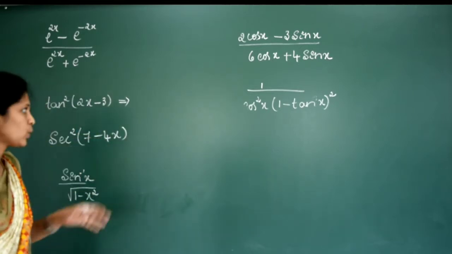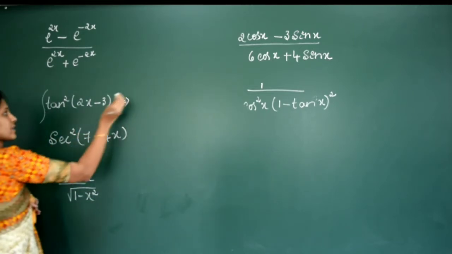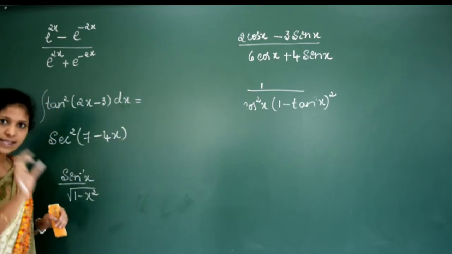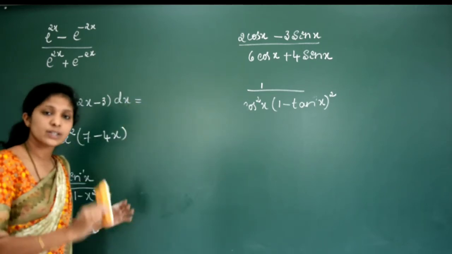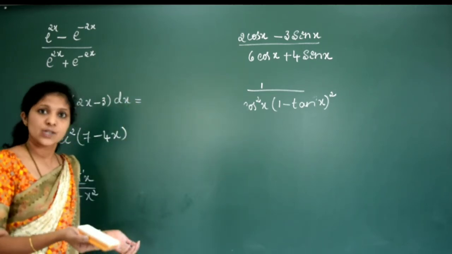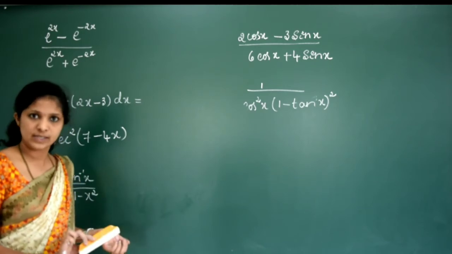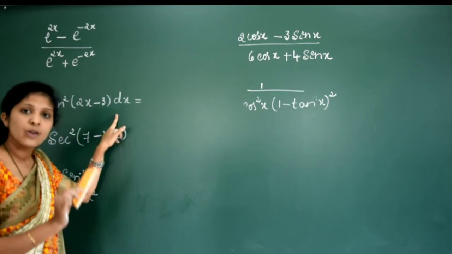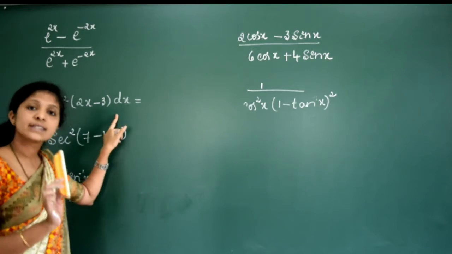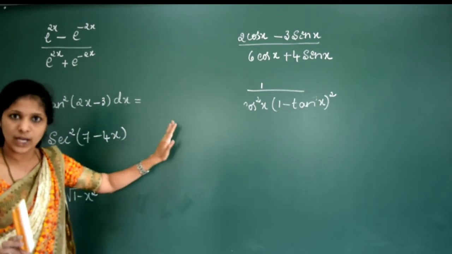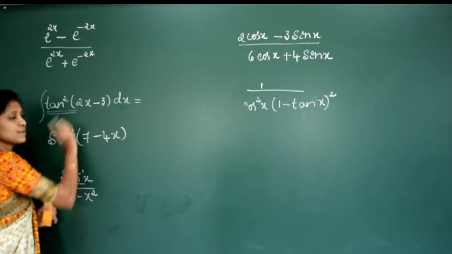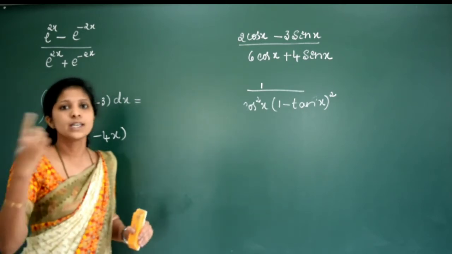Next one, tan square of 2x minus 1. See, here we don't know the formula for tan square x. The integration of tan square x we don't know, right? So whenever tan square comes, you have to convert the tan function into sec so that you can integrate directly. Is it clear? So tan square x, by using a fundamental relation, we can write as secant square x minus 1, right? So we'll apply that formula. Remember, whenever tan square comes, you need to convert tan into the secant function.